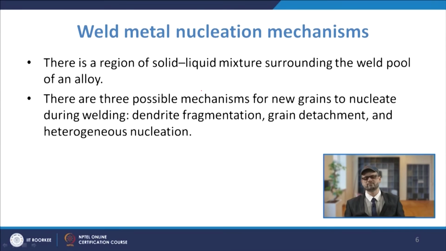Now there are basically three possible mechanisms for new grains to nucleate during welding, and these three mechanisms are dendritic fragmentation, grain detachment, and heterogeneous nucleation. What happens when convection dominates? In the weld pool, convection may lead to the fragmentation of the dendrites,